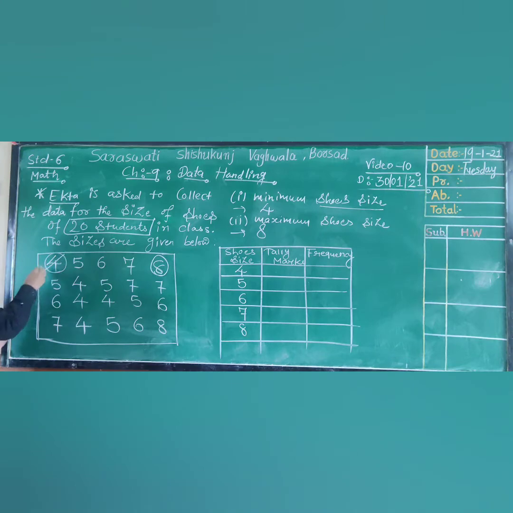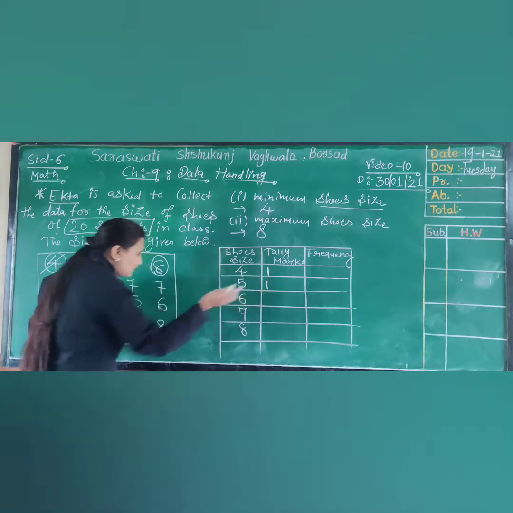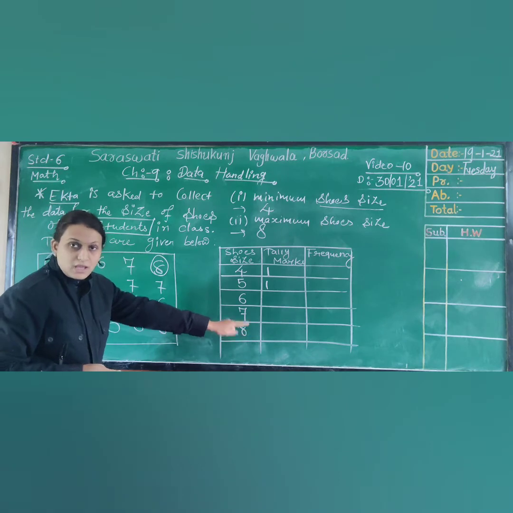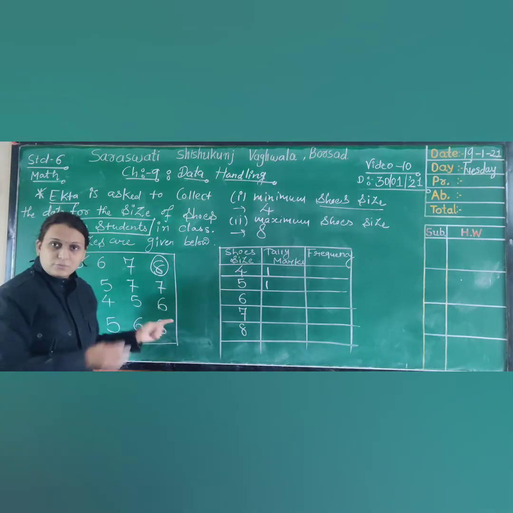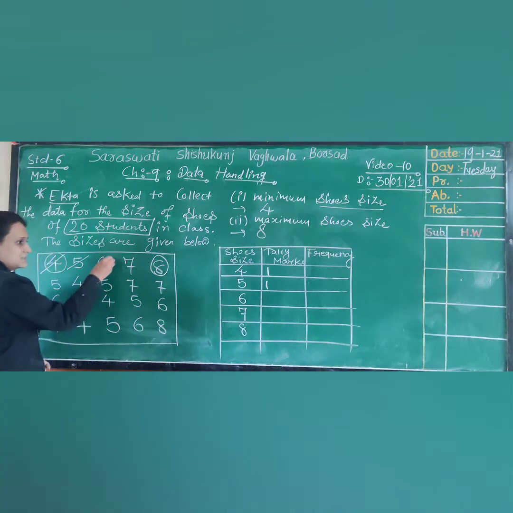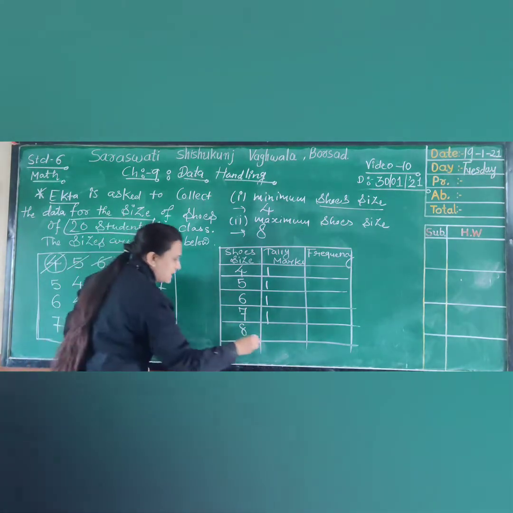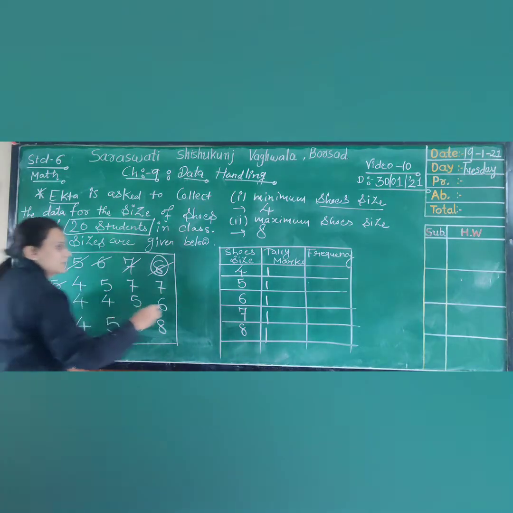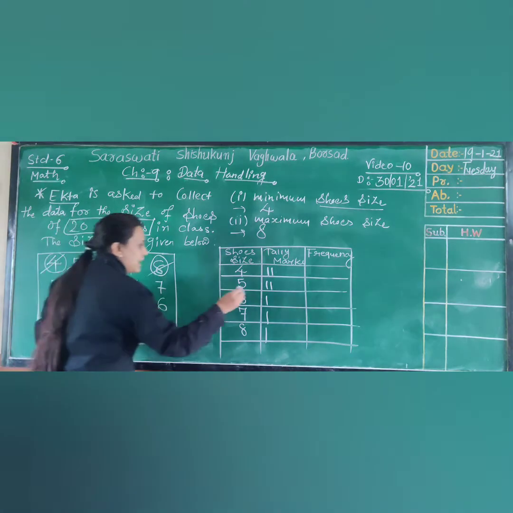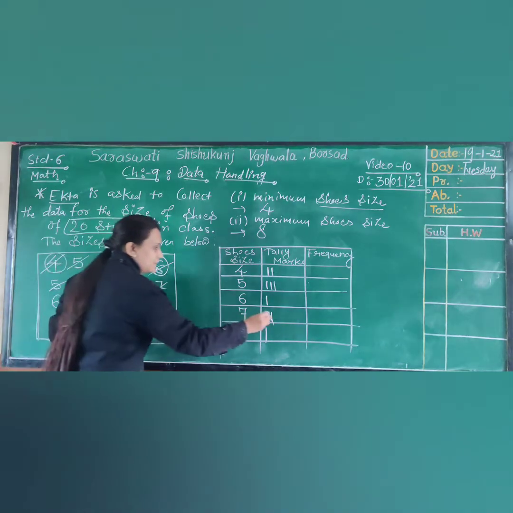Suppose the first digit is 4. So 4 we are going to define here. Then 5. So you have to cut the numbers one by one and define those numbers in tally marks. Okay. So you will not repeat your mistake about which data is taken and which data has come in the table. Okay. So the next number is 6. So let us define 6 here. Then 7. Then the next number is 8. Then 5, again 5. Then 4. Then again 5. Then 7, again 7.